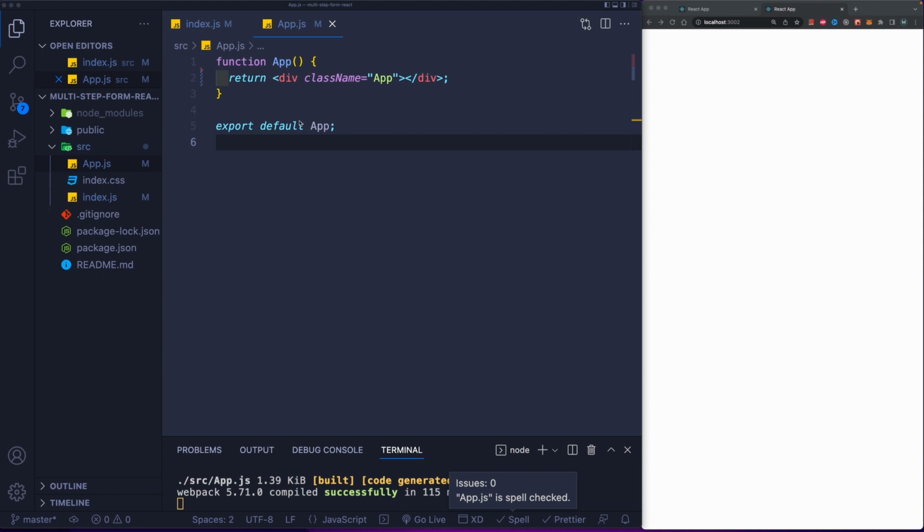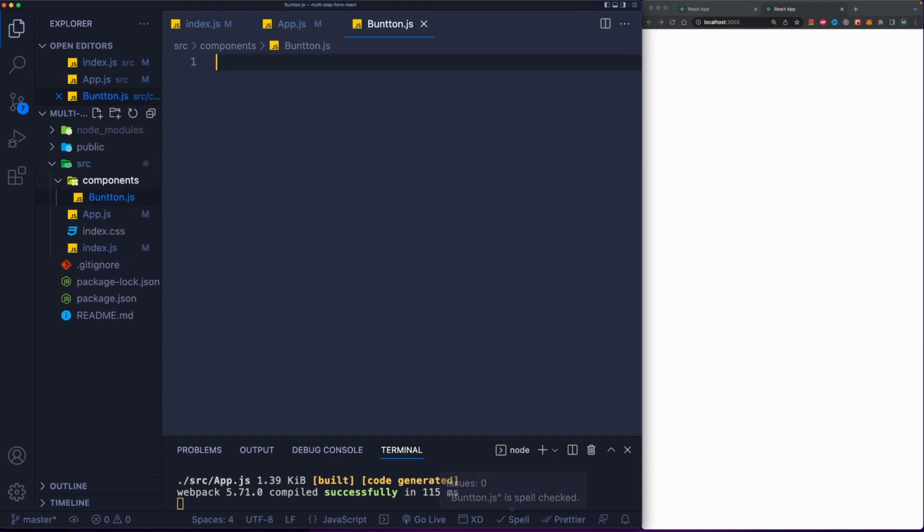The very first component will be a button component. So let's get started with that one. For this, we're going to go into our source folder and create a new folder called components. So once again, components. And within our components folder, we're going to create our very first component, a button component. So create a new file,